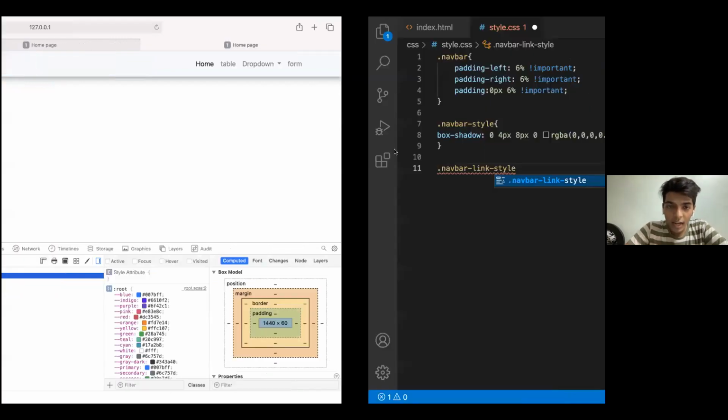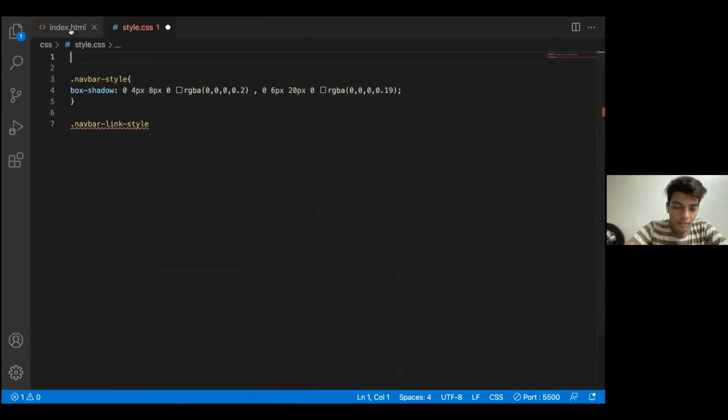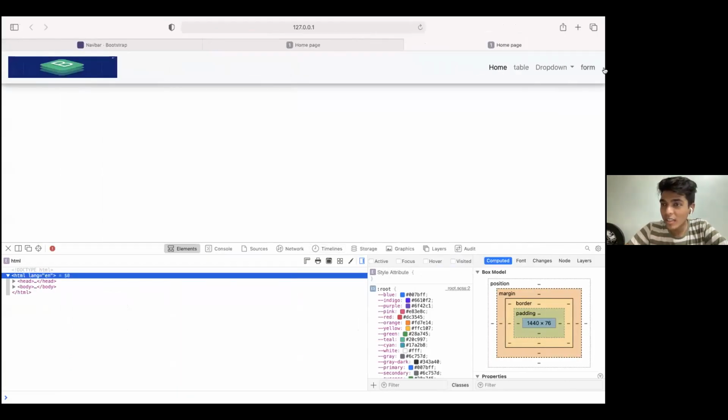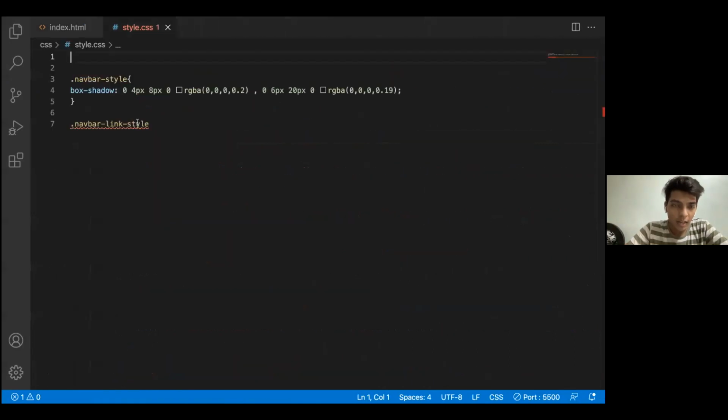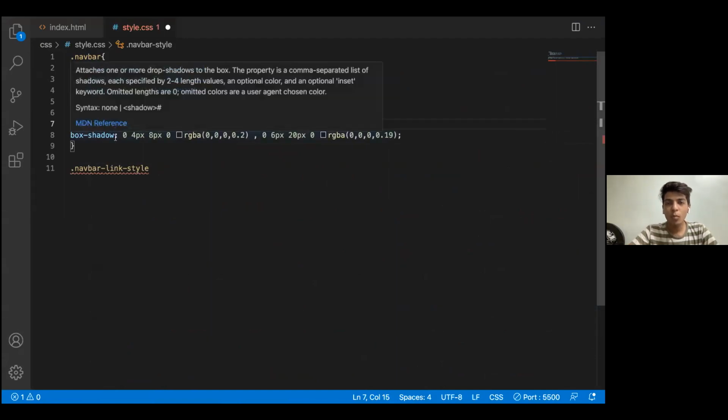As you could see that if I just remove this padding and save it and again open it, everything would be to the extreme ends. As you can see, the form is to the extreme end, the image is to the extreme end. I just want them to be a little more away from the ends. So that's why I give it a style, which is of padding. The second part that I used was navbar style. I just want to provide a box shadow below my navbar so that I can give a good shadowish part to my navbar. So that's why I've used box shadow.